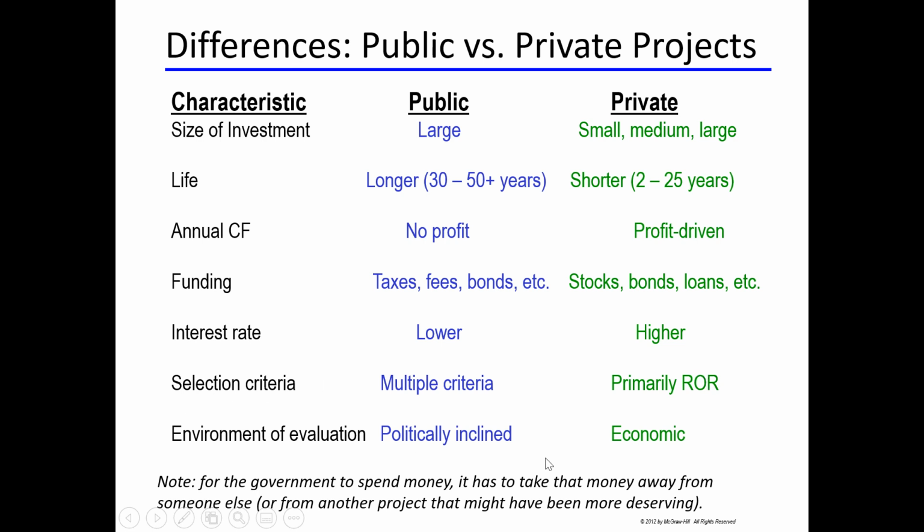Environment of evaluation, the compare and contrast there is just that public sector projects sometimes will have open meetings where you can go and give your feedback as a community member. Let's say, for instance, if they're going to be rezoning a piece of property for a big high-rise development of condos, the county zoning board may have an open public meeting where people can come and provide their concerns, or there can be a lot of different stakeholders who each have a say on the decision that's finally made, whereas in the case of a private project, normally it's just an economic analysis, and they don't give so much emphasis to things like